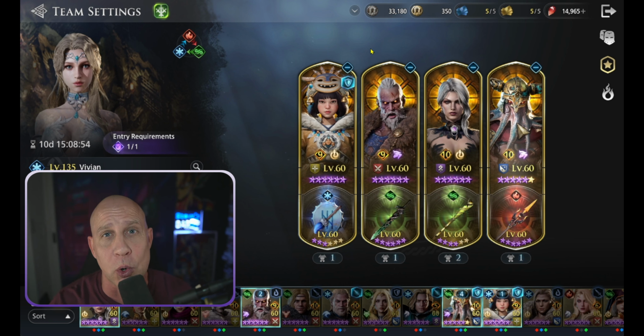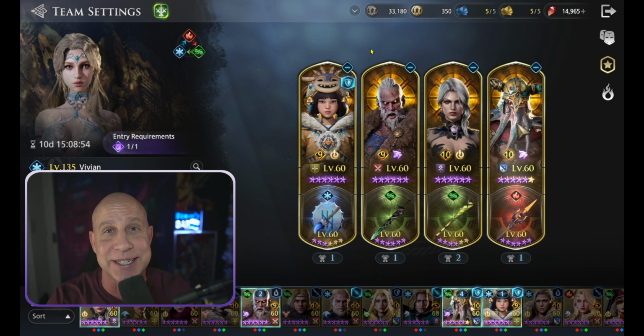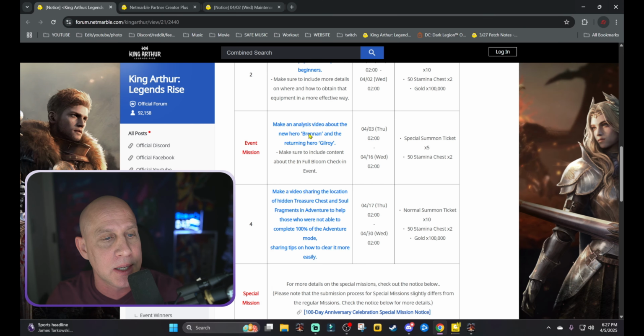We're jumping into Gilroy along with Brennan and Morgan in our team. We're going to look at the changes they did to Gilroy because his Chivalry 8 now is much better. It's actually pretty strong in the right instance. And we're doing this because we have to do a video reviewing Gilroy, Brennan, and then briefly going over the